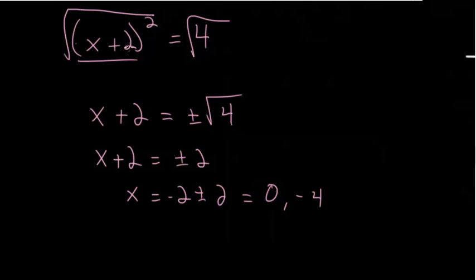And if you plug both of these in to the original equation, you will see that 0 plus 2 squared does equal 4. And negative 4 plus 2, which is negative 2, squared does again equal 4. So if we have this quadratic equation where it's some type of perfect square equal to something, then this is